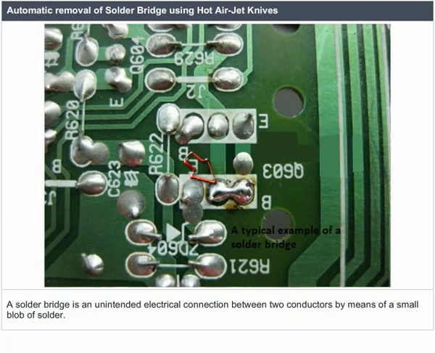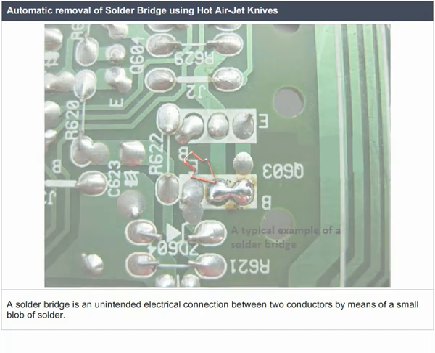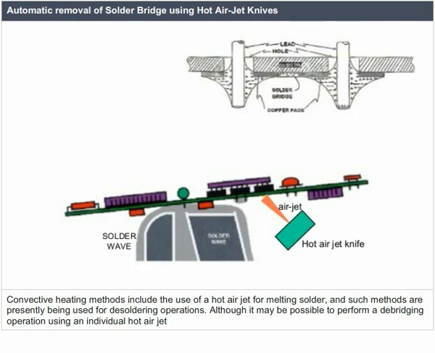A solder bridge is an unintended electrical connection between two conductors by means of a small blob of solder. Convective heating methods include the use of a hot air jet for melting solder, and such methods are presently being used for desoldering operations. Although it may be possible to perform a debridging operation using an individual hot air jet,